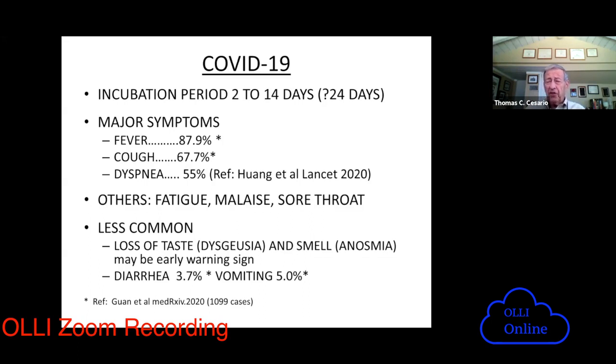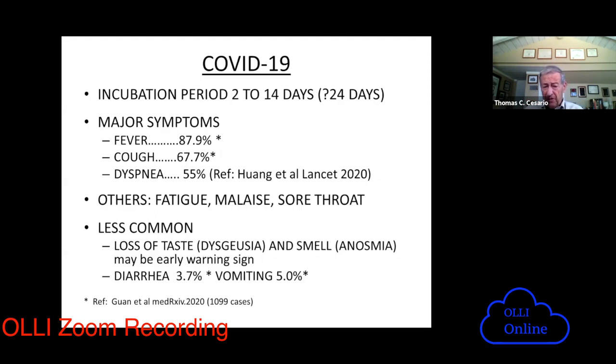and some unique things. A sizable number of these people seem for some reason to lose their sense of taste and smell. Whether that's unique to this or not, probably not, but it's a fairly common thing for people, particularly I would say younger people coming down with this, to lose the sense of smell and taste. It will come back as they recover, but it's so perceptible that they comment on it.